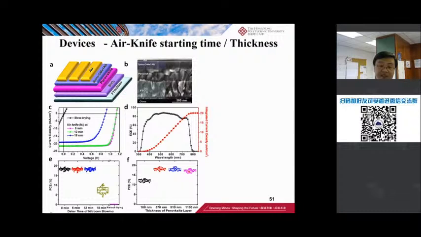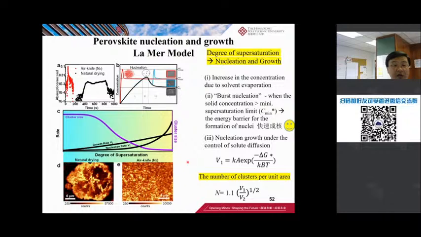Sometimes you require it for higher quality coating in large area. Okay, for the mechanism, we propose this one. If you are doing air knife quenching, you will be able to quickly shoot over this so-called minimum supersaturation limit. Okay, if you go over it, you will quickly get a lot of